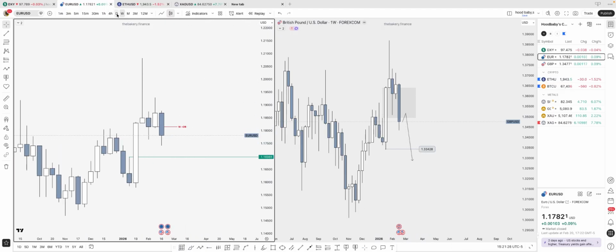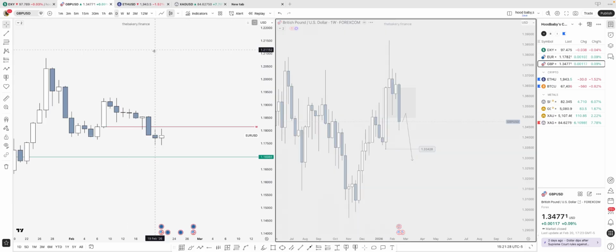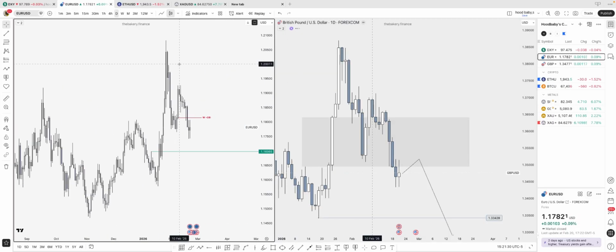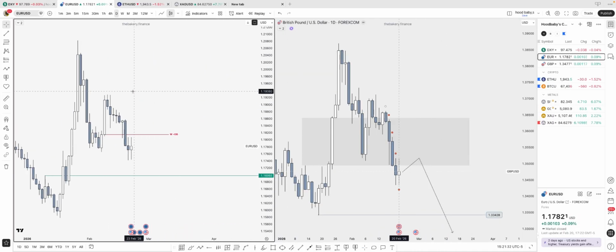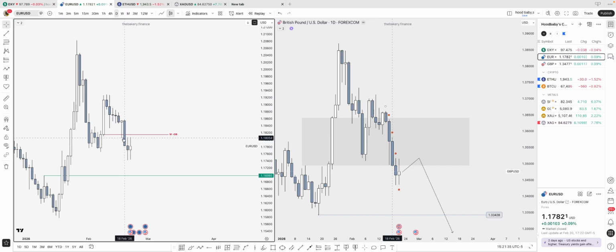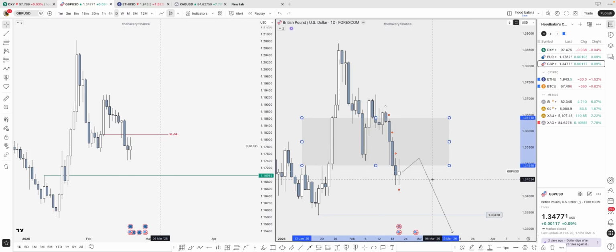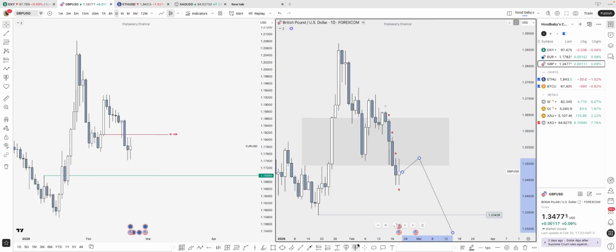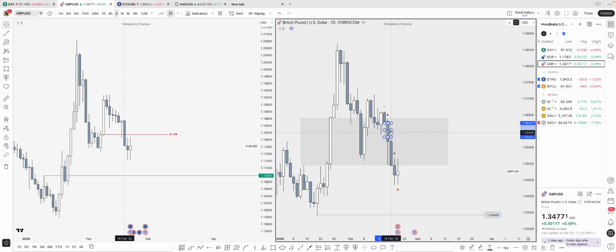Let's just go down to the daily and see what we have in place. On the daily, we don't have any fair value gap we could look at. Yeah, we don't have any as well. We just had an expansion lower. We don't have a level we can work with to see lower prices. The only level I can see right now is way above here for GU.